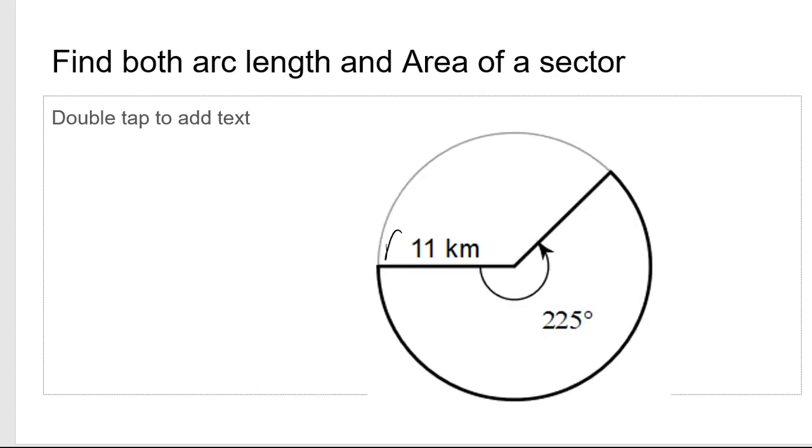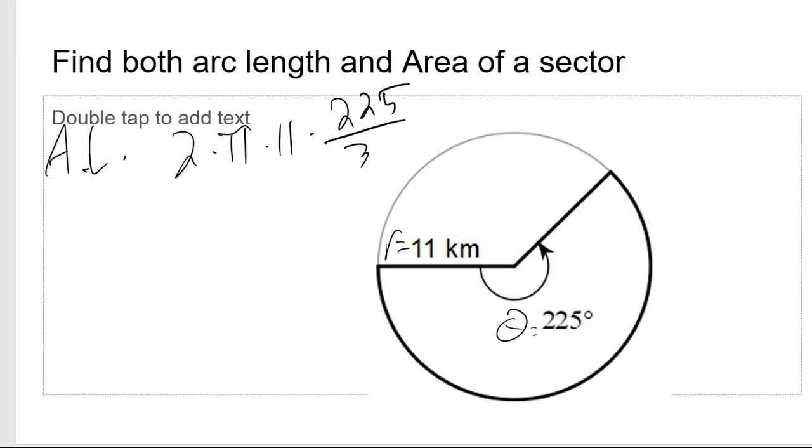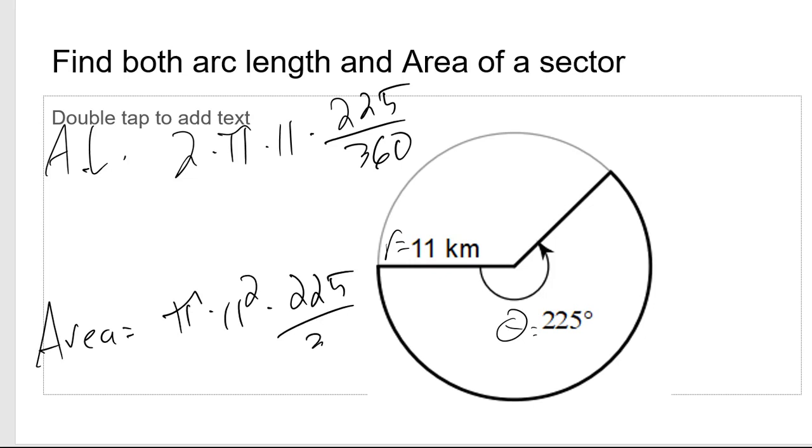Alright, so my radius is 11, and my central angle is 225. So arc length is 2 times pi times 11 times 225 over 360. Area will be pi times 11 squared times 225 over 360. So let's do this by calculator. 2 times pi times 11 times 225 divided by 360. I get 43.2